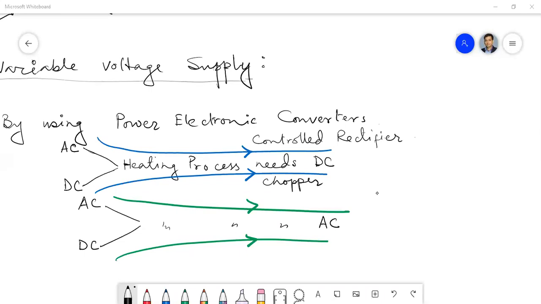So can you answer this question? If I have AC and I need some variable AC output, what type of AC to AC converter should we select? What type of converter should we select? Sir, inverter is for...